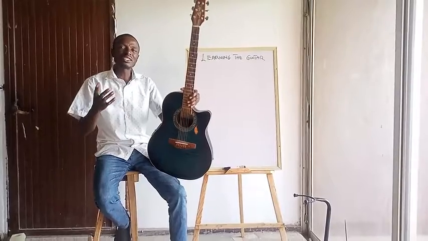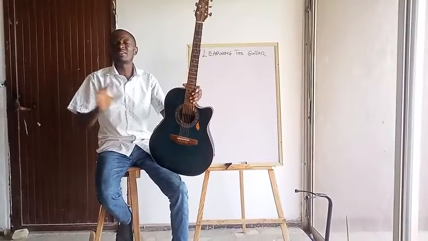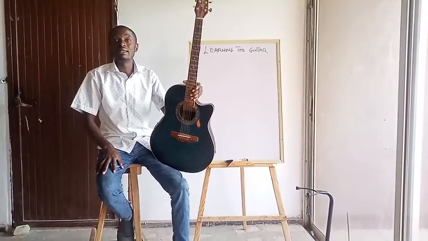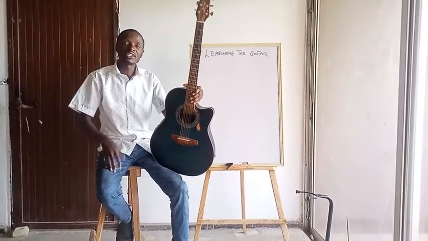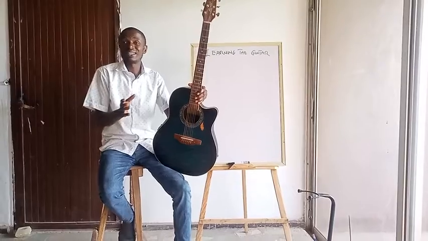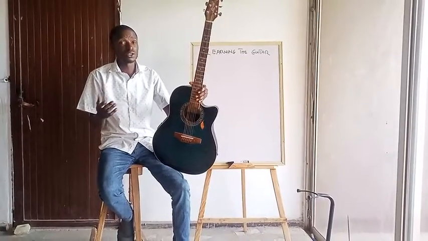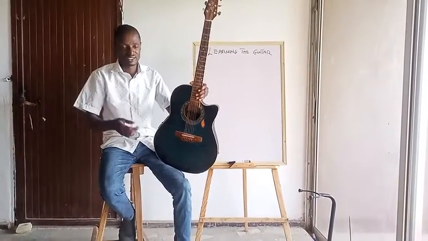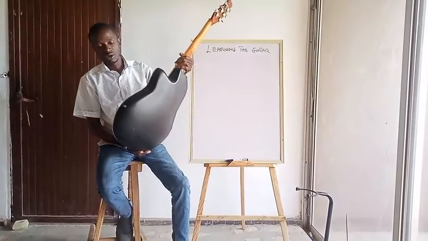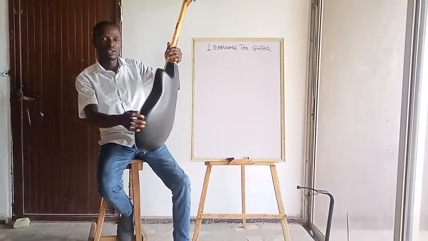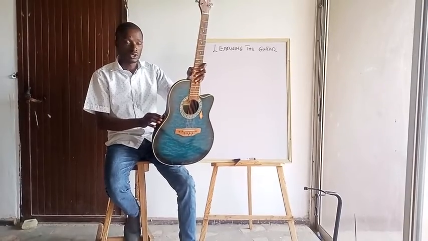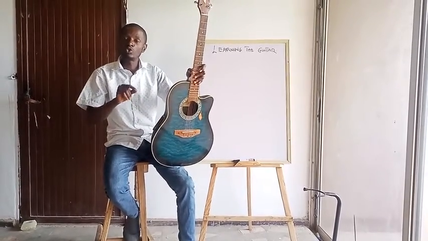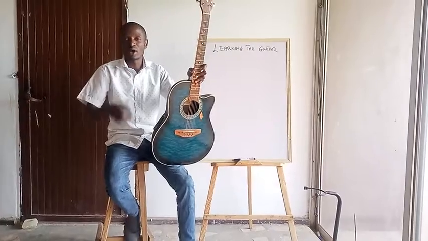Now, the acoustic guitar is a guitar that you can play without necessarily using lights. And then the semi-acoustic guitar is a guitar that you can play whether with light and without light, in other words, talking about amplifying it. This, for instance, is a semi-acoustic guitar. So you just plug in your cable here, and then you have your EQ here, where you can tweak your sound to the way you want it.